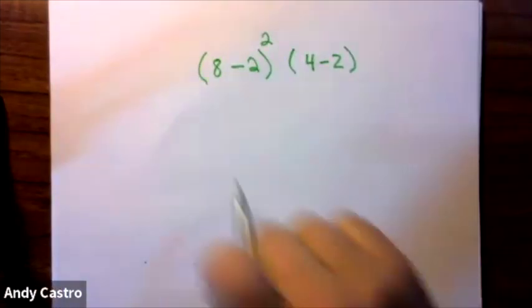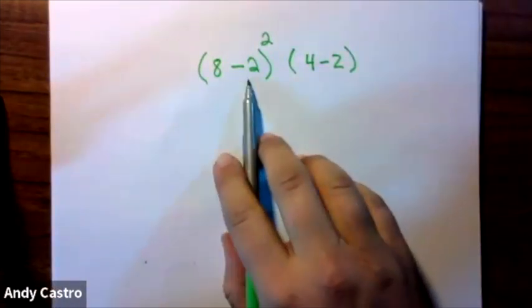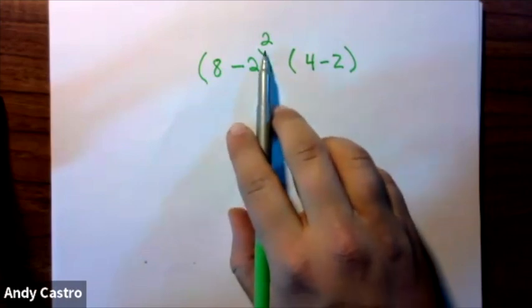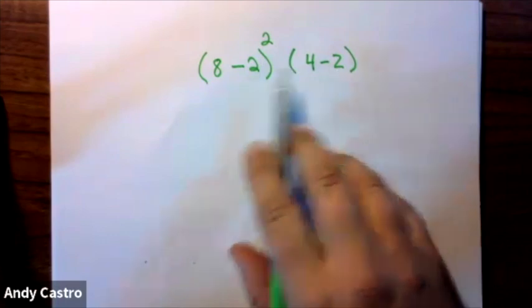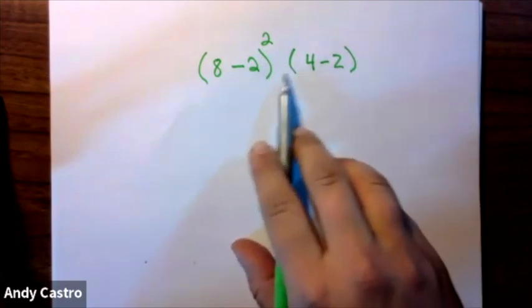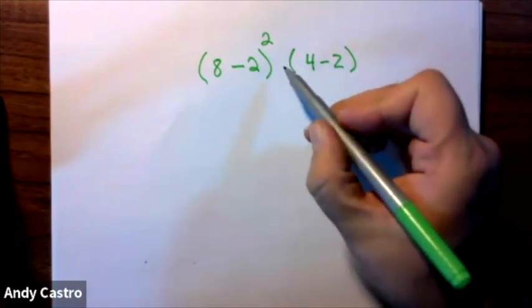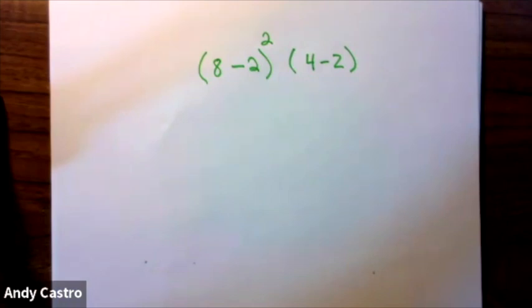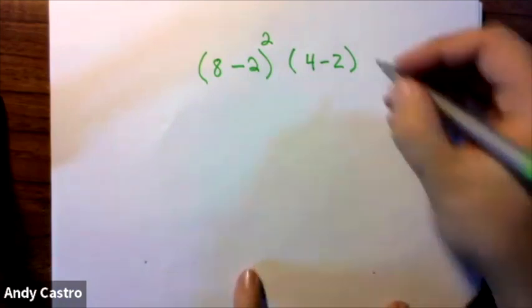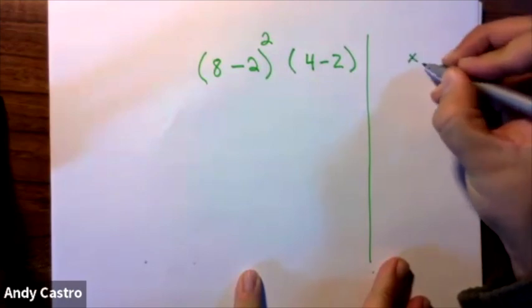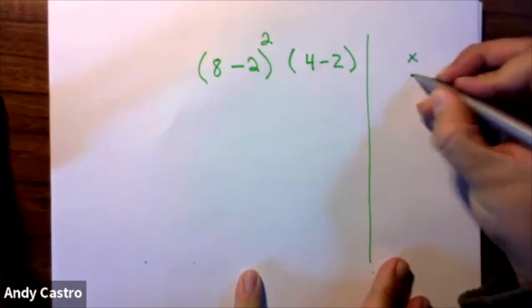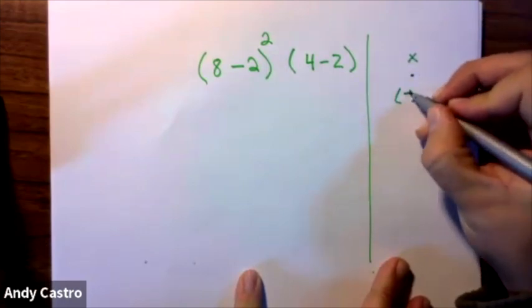All right, so here we have parentheses, 8 minus 2, and that's carried to the second power. And then we have 4 minus 2. Now, when I have parentheses next to each other, that means multiplication. So, just like we talked about yesterday, multiplying can be an X, it can be a dot, it can be a parenthesis,